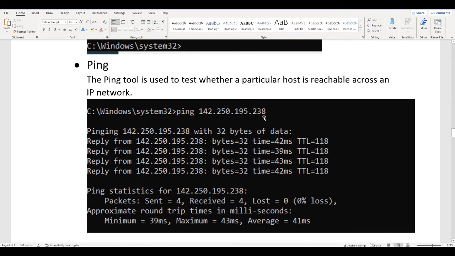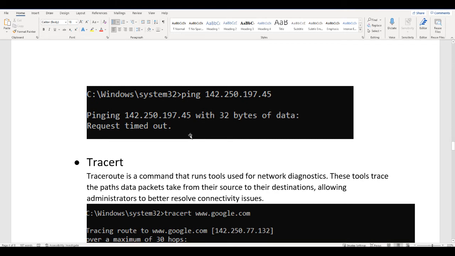When you type this command, if that server is reachable, you will get a reply from that machine. If that machine is not reachable, then you will get a request timeout error. Here I am typing a random IP address, so that is not reachable. That is the reason I am getting a request timeout.